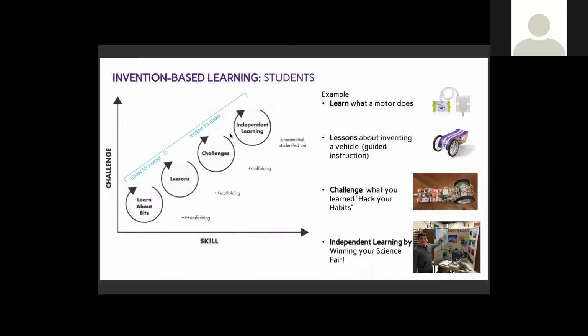and that is actually an automatic window shade puller. That it's connected to the internet and moves at a specific time and is connected to a window shade, and at 7 a.m. the child's room will light up when the shade is pulled up. And from there, you get into independent learning, where students are using littleBits as part of their science fair project. It is not the only thing, but it helps enable, enhance, and differentiate the learning that the students can go